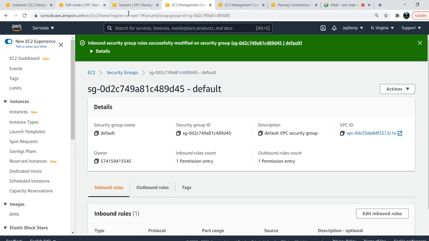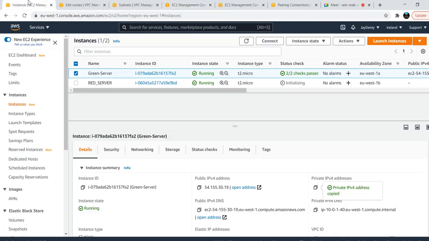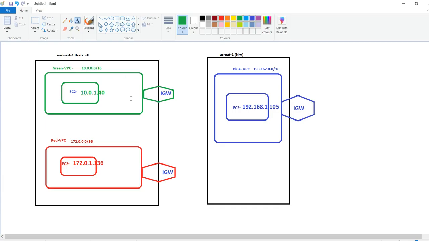Now I want to test the connectivity from the blue server to either the green server or the red server. Any server I need to test now. We have established connectivity between these two EC2 machines, that means these two VPCs. Now we are testing connectivity from this VPC to that VPC, or any. I mentioned transit, right? VPC peering does not work with transit. So assume we are creating peering between these two VPCs, green and blue.